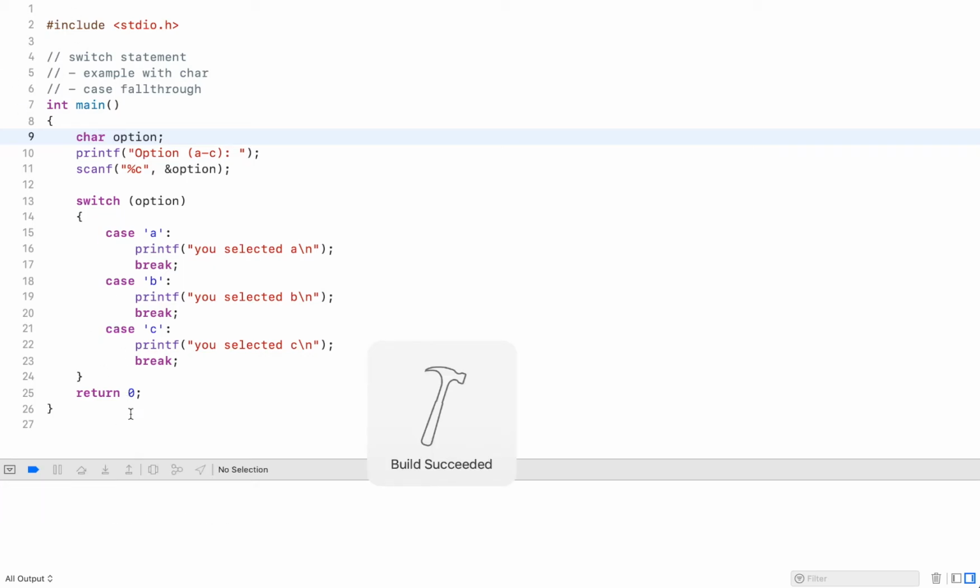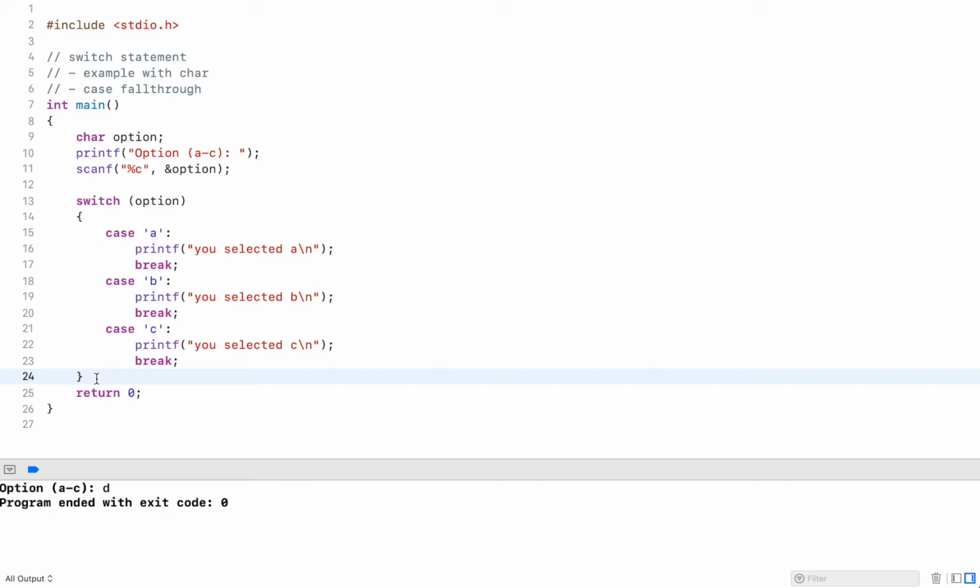Now, if I enter an option that does not match any case, none of them will get executed, and the execution continues after the switch statement. Now, what happens if I want to have support for uppercase characters? For example, if I'm a user and I select option A, but I enter uppercase, the statements in the case A block should also get executed. This is a perfect example where fall through is a good way.